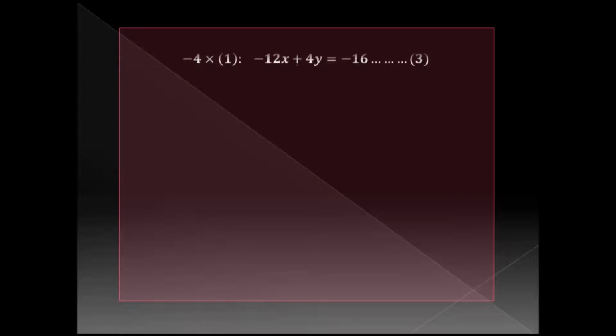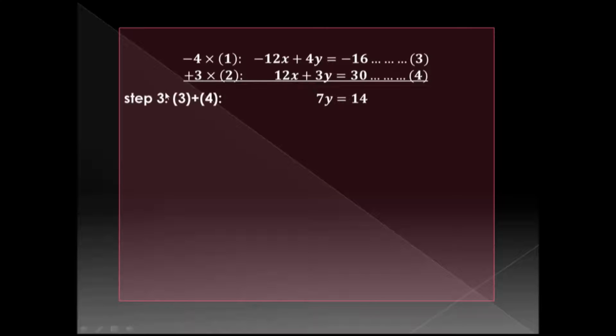In reflection of what I've just developed from the previous slide, transforming equation 1 by multiplying each term thereof by -4 gives us equation 3. So equation 3 is just the transformed equivalent of equation 1. And equation 4 is the transformed equivalent of equation 2, having multiplied each term thereof by +3. The next step involved is to add up like terms in equation 3 and equation 4. Okay? So in doing so,